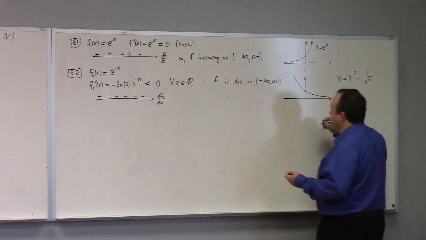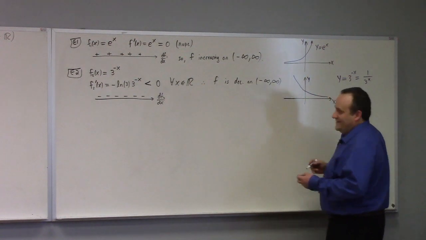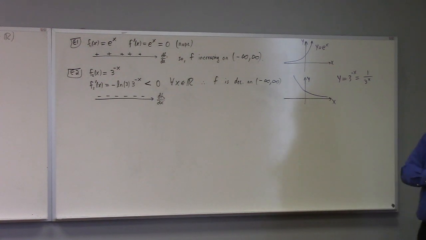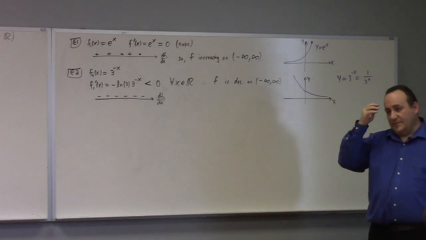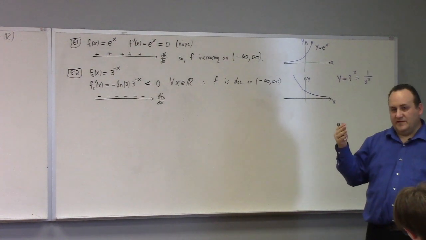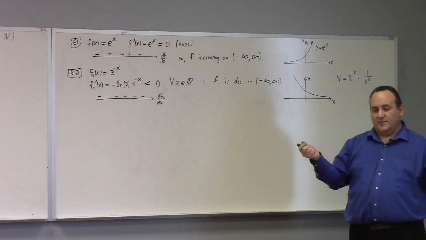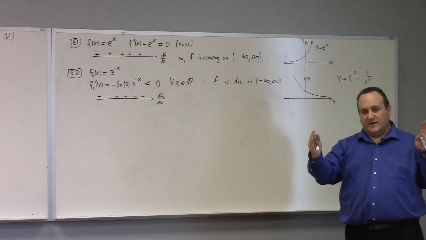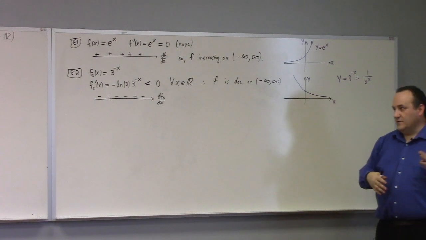I got a question. Yeah. What if it's not everywhere decreasing or everywhere increasing? Oh, well, that's like every other example I'll show you ever. Yeah, that's a good question. That hasn't happened for us yet, but we weren't talking about increasing or decreasing up to this point. The most we did, if you think back, is we found horizontal tangent lines. Every time we found a horizontal tangent line, we were locating a critical point. And technically speaking, you would have gone from increasing to decreasing on one side or the other of that horizontal tangent, because you're coming up and going down, or going down and coming up. You're changing.